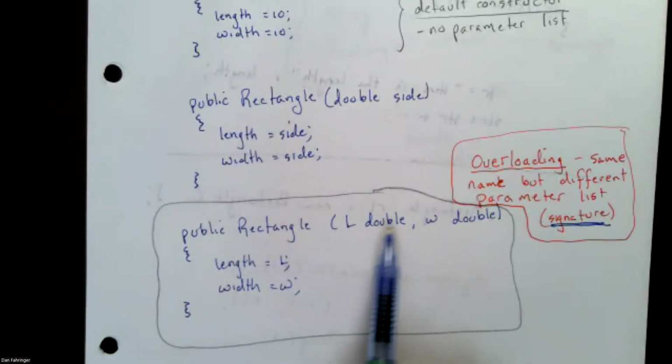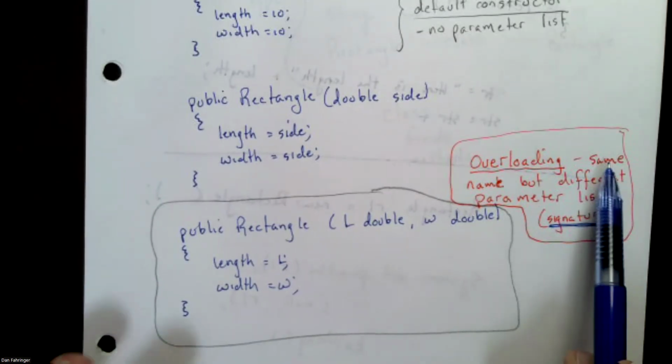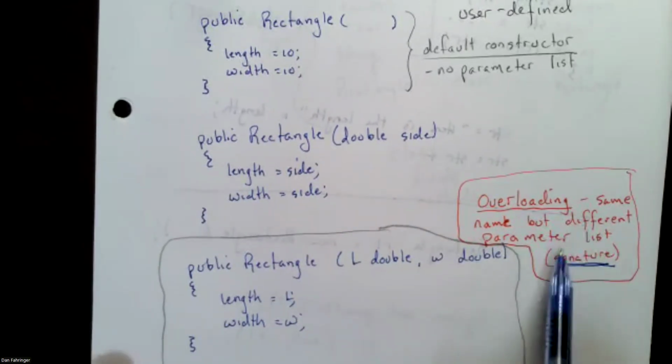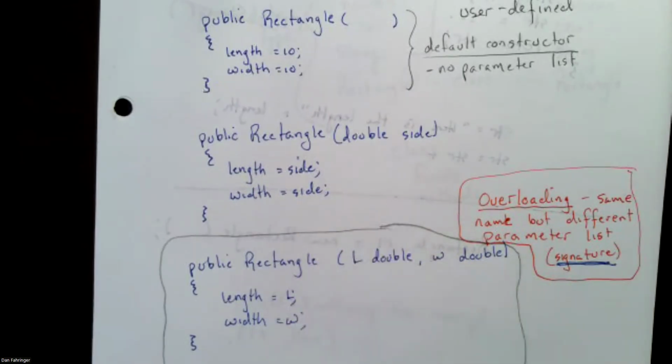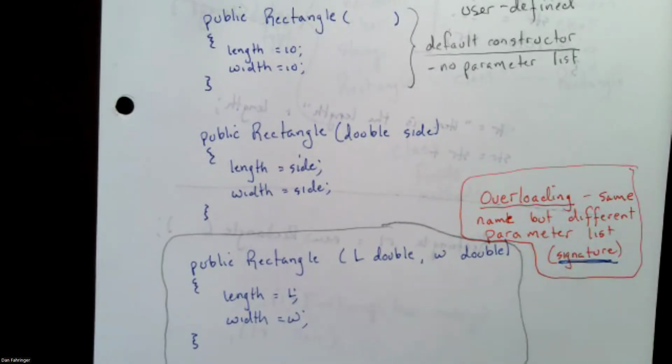Here's one with two parameters, and it would work this way. This is called overloading. It has the same name, but different parameters inside: no parameter list, one item, two items. The parameter list is going to get a unique name called